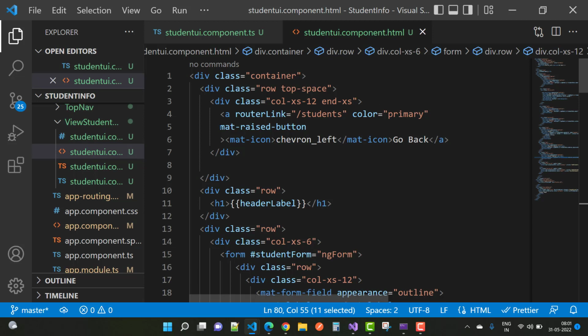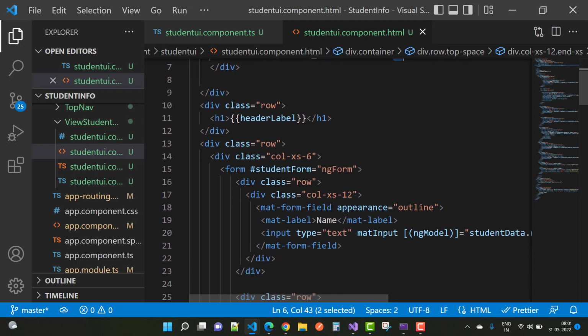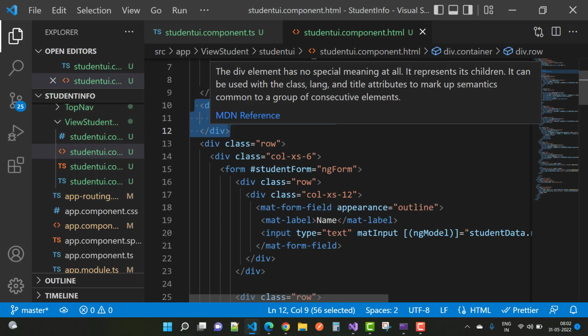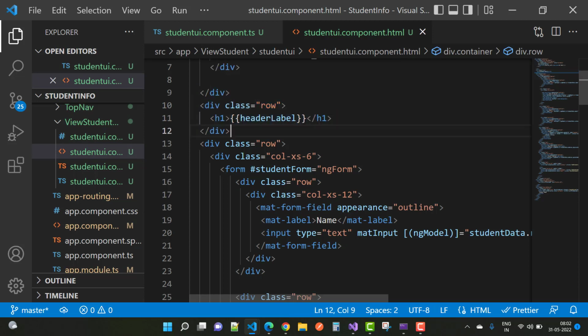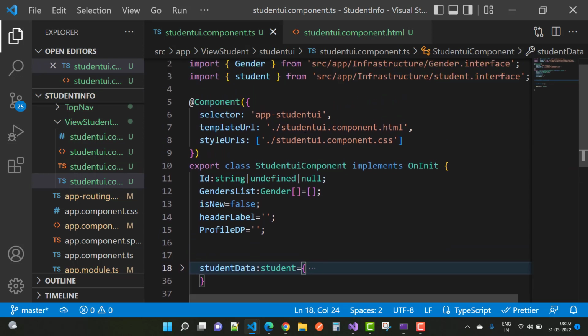Here we have a router link, that is students, where a student goes back. There is the go back button, and it will display with the arrow left icon. Here we have a header class where we display create a new student as well as update a student. So the header label is defined. The header label actually exists in your TypeScript file, and it is empty in the class section, but it is updated